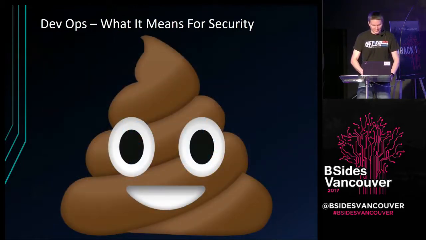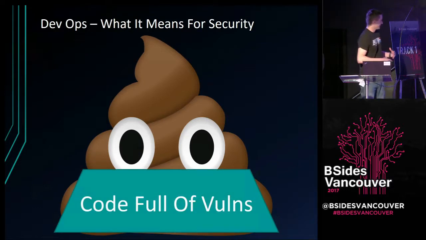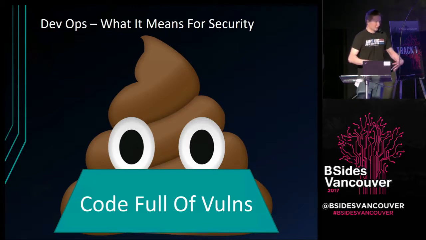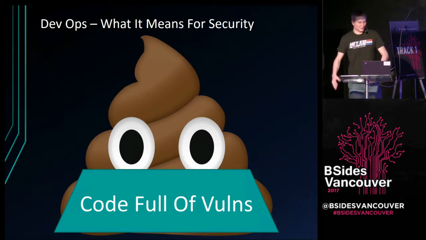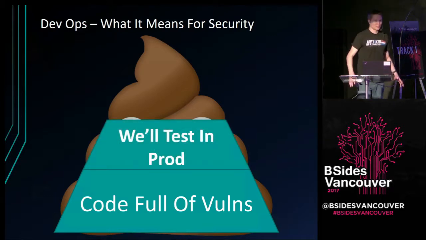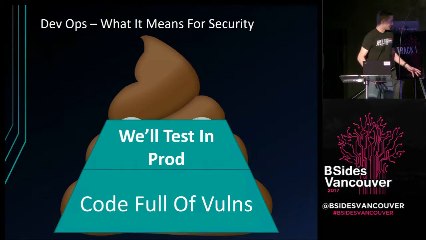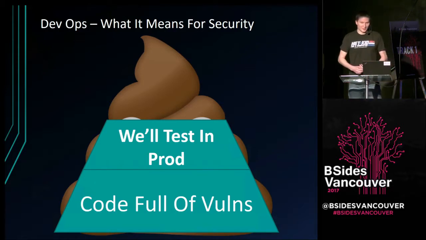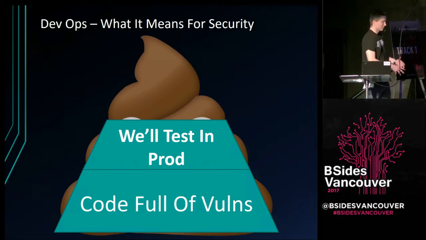So here's our pyramid. At the bottom of our pyramid, we've got source code that's full of vulnerabilities. And it's full of vulnerabilities because the developers got told, build a feature. They didn't get told, make sure this feature is unhackable. They got told, build a feature. That's their job, they did it, and it's full of vulns. But that's okay, because we'll test it. And we'll test it in production, because that's the most realistic system to test it in. And now that we've got this cool A/B testing methodology, we can just stage the vulnerable code to maybe 1/10 of our viewers, and only they'll be vulnerable until we notice.